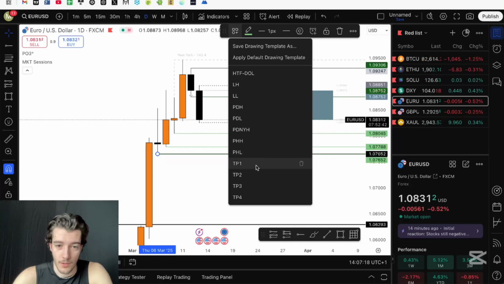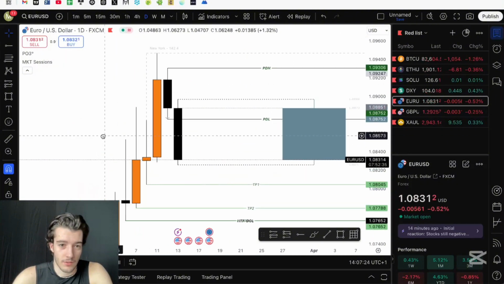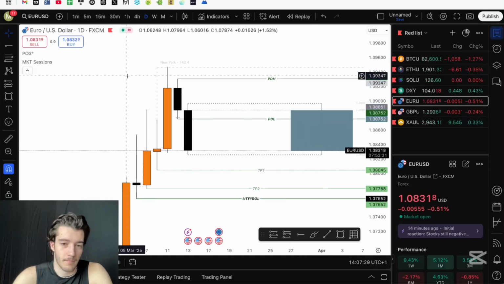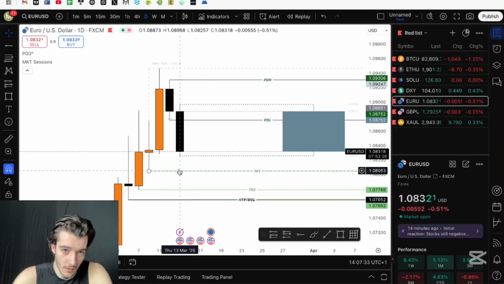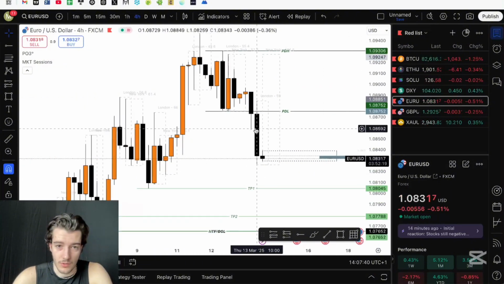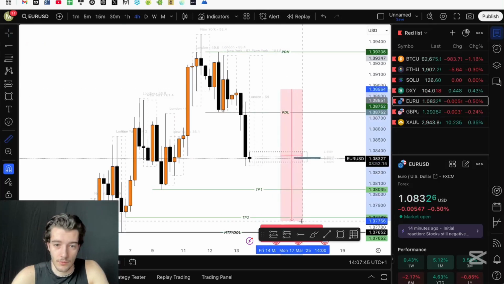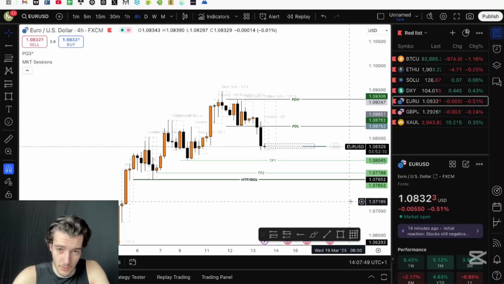London does a move, then New York opens, we do the opposite, head to the other direction, then London closes and New York continues the way London continued. So I'm just chopping around, but if we would come down here, it's likely gonna be these levels here that we want to sweep. If not, because this one is already a huge move, it would be a 1% move. I don't know if we want to do a 1% move